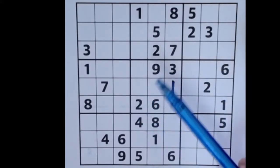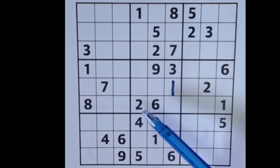2, 3. So we have 1, 2, 3. Let's count through the series. And so the next number missing is